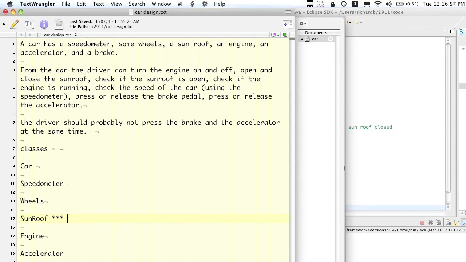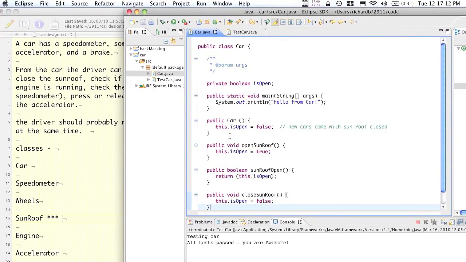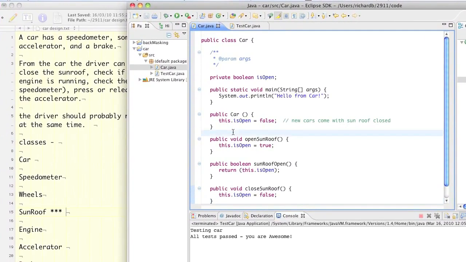Press or release the brake pedal. Yep, the driver can do that, so we'll need functions to do that. Press or release the accelerator. Okay, so that gives us an idea of the sorts of methods that the car may well have, so let's whack them in. Now we might say we've got open sunroof, sunroof is open, closed sunroof, so we probably want,